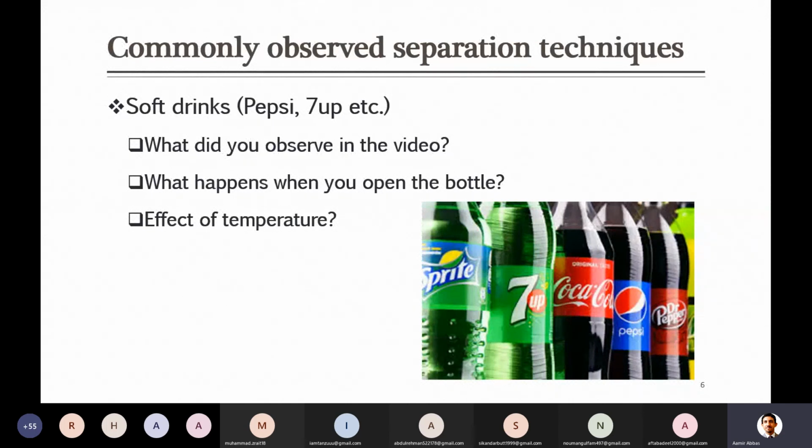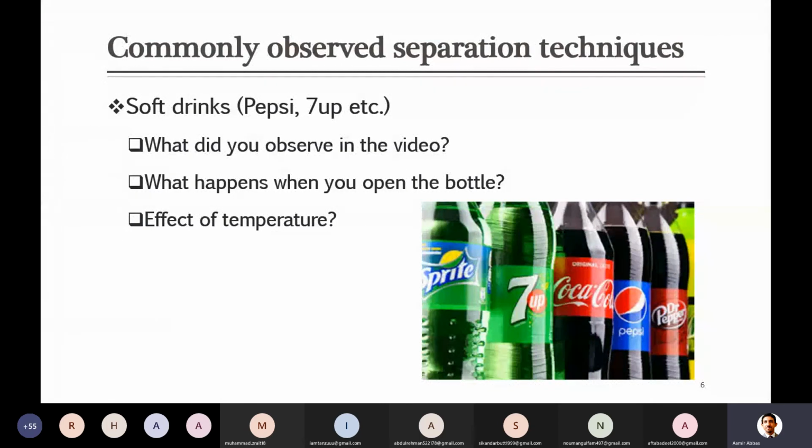Suppose you keep this bottle outside, inside the room instead of in the freezer or fridge. You open it, take some of the liquid, then close the bottle but place it outside instead of in the fridge. Did you observe that the gas inside is released earlier compared to when you place it back inside the fridge or freezer? Did you observe this phenomenon, or do you always put it back in the fridge? So you can observe this.